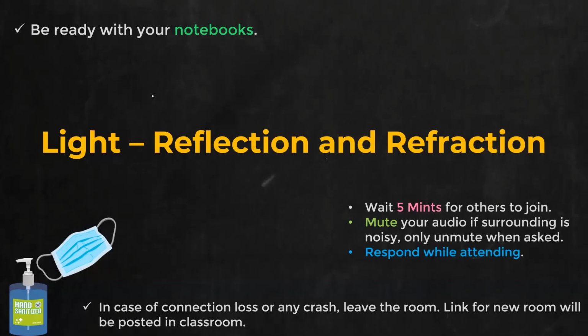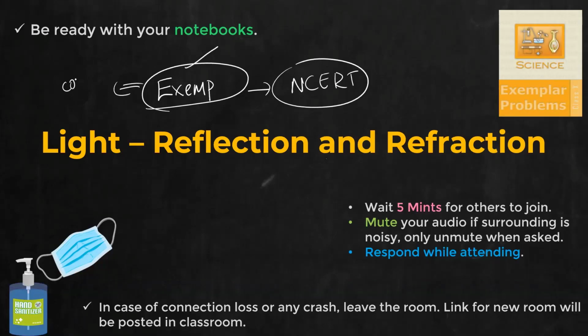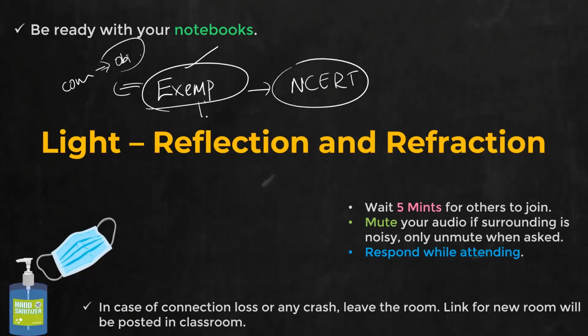And those who are interested, if you want to practice more problems for NCERT, you have an exemplar text. Have you heard of this one? Exemplar text for NCERT. That means normally you have the NCERT textbook. Other than that, CBSE has issued an exemplar text which focuses exclusively on extra concepts. That is, they have a number of objective type questions, and you can get the PDF online. So those who are already confident with the chapter and all the problems in your textbook, this is some extra material that you can refer to. That is the exemplar textbook. So never miss it out because it is very important.